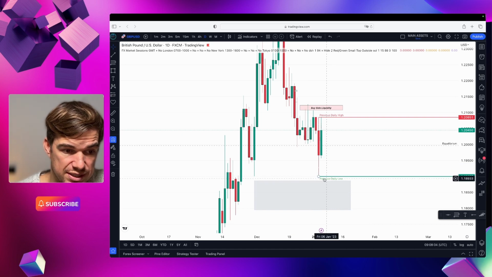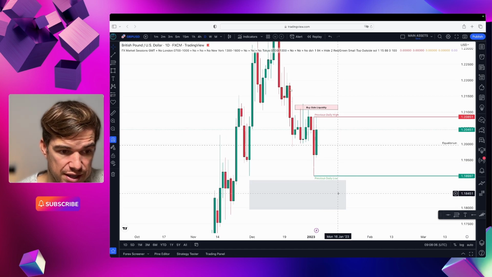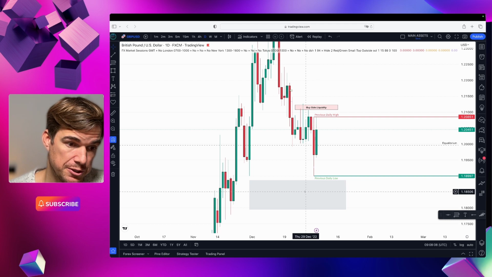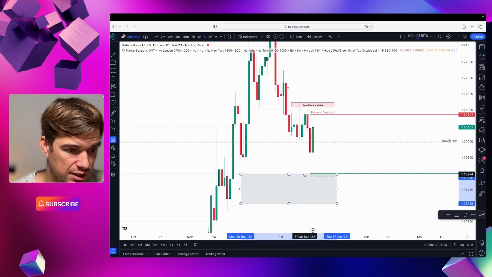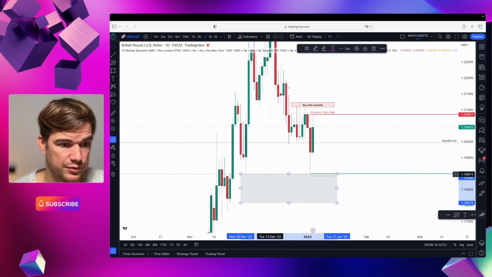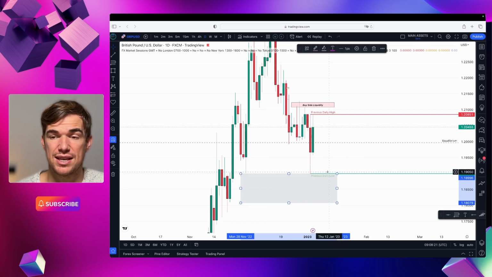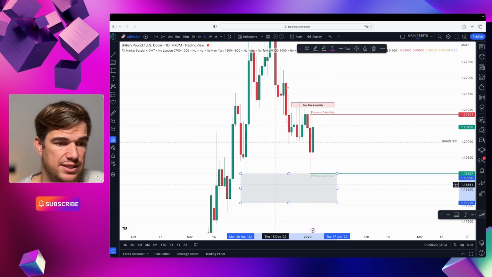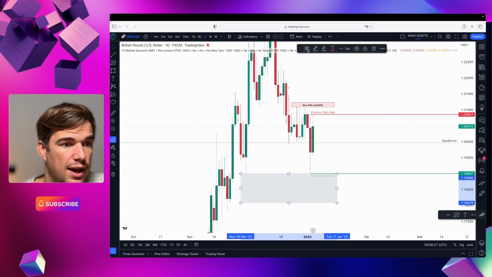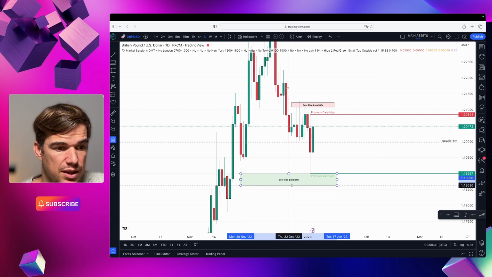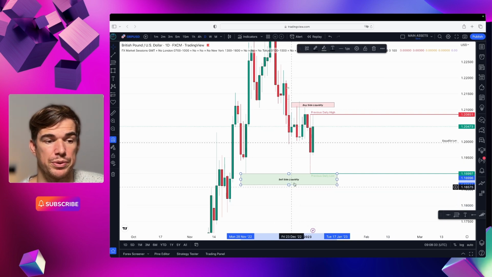Also, what we can see developing at the bottom area, and this is why I was short, is a development of relative equal lows. If I can move this line exactly there to the pip. These tend to be areas of liquidity, sell side liquidity. So if we change this to what it represents, sell side liquidity, what that means is that a lot of people who will be going long